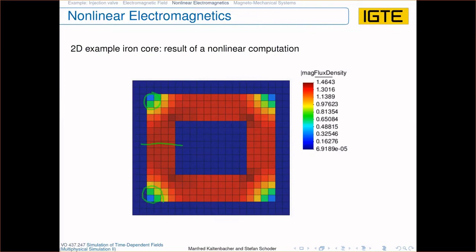The magnetic field lines want to go the shortest way, which is exactly this way here, but due to the fact that we take into account the nonlinearity, we get saturation. You see especially this finite element has the highest value. That's also in the other corners. And due to the nonlinearity, you get a physically correct distribution of the magnetic field, and you see how important